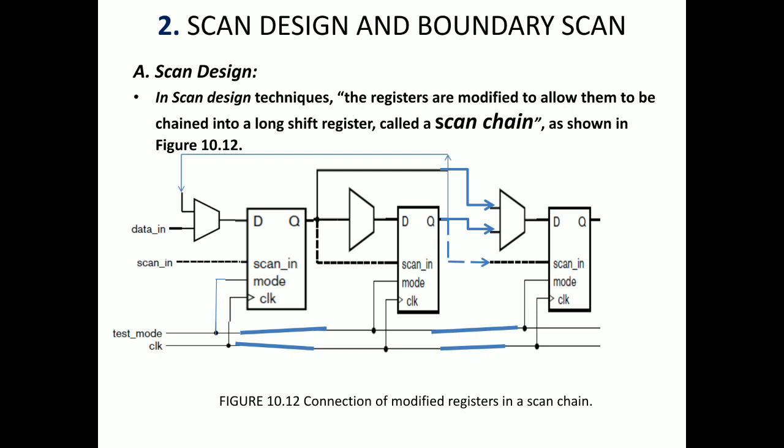You can see how we are comparing. We will be testing whether the correct input or a wrong input is arriving. For that we have two outputs: one is data output, another is scan output. We will be having two outputs from the final registers, data output and scan output, and we give two inputs, scan input and data input. If the data is correct, we get the data output. If the data is wrong, we get the scan output. This is how we check the registers for faults using the scan design technique.